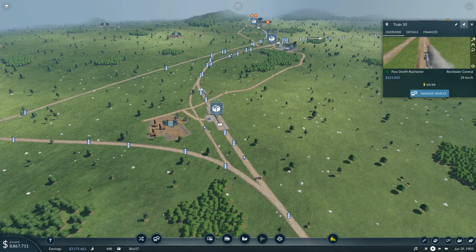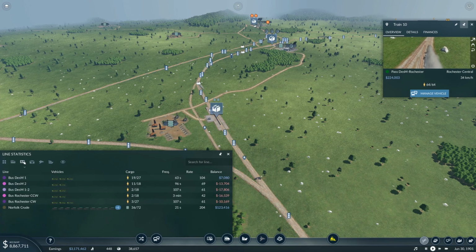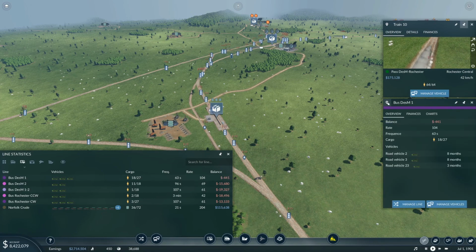Okay, I've been keeping an eye on things, and we're doing better. Our cargo and our passengers have been going up nicely. I've just got it filtered to the trains, and then here's our cities. Now, I'm not too worried about the cities. However, we do have a few things going on that I'm trying to get ramped up. Like if we come to this bus Des Moines, sorry,